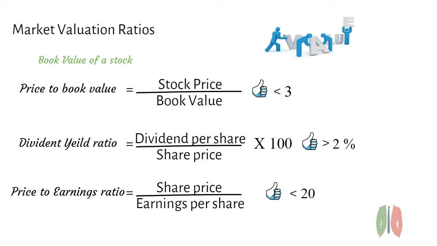The ratio limits which I have mentioned in this video, like stating that a good PE ratio is less than 30 or 20, this is not true for all the companies. These ratios vary from company to company and sector to sector. So let us see an example of that.